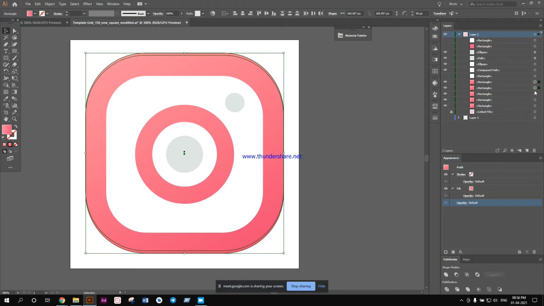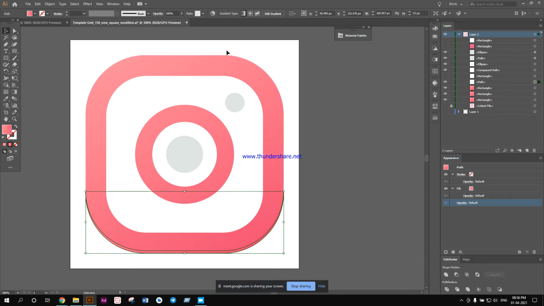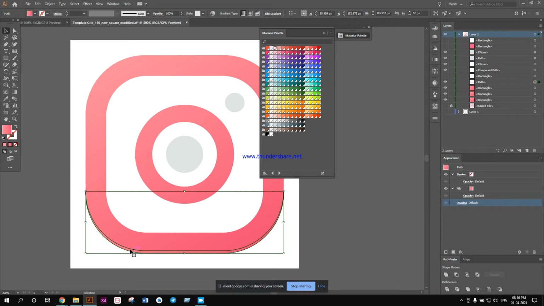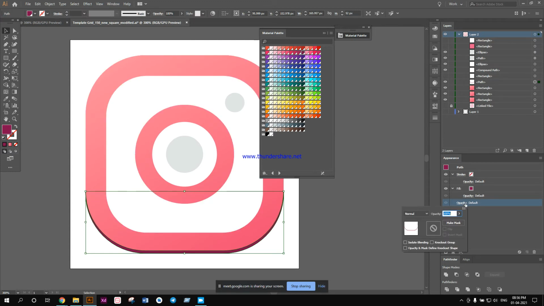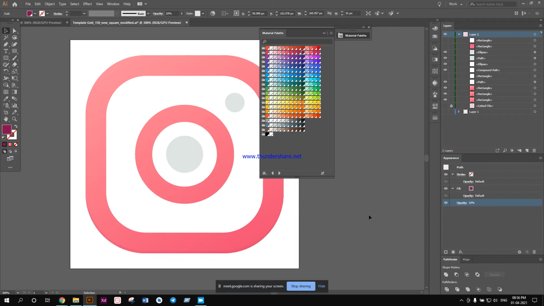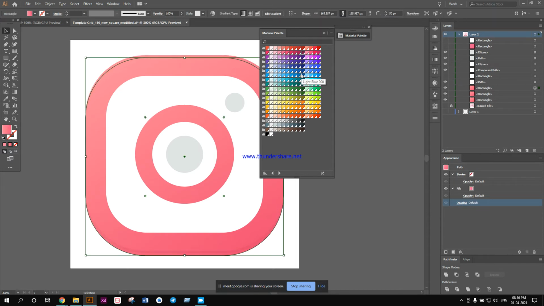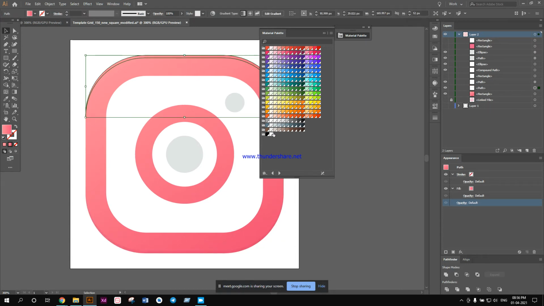Now I have to select the bottom object also, then minus front, and then you see over here this edge part is selected out. Now I just select the darker version of the pink color and change the opacity to 10%. Similarly I do this for the other one. I press the down key twice and then select the bottom layer and then do minus front, give the white color, and change it to 10% opacity.